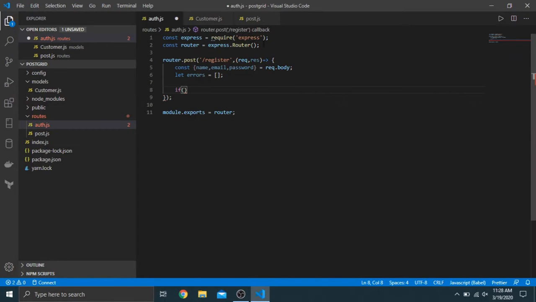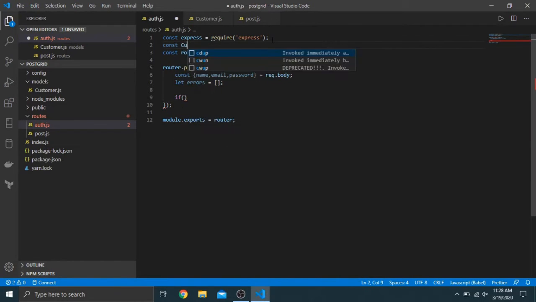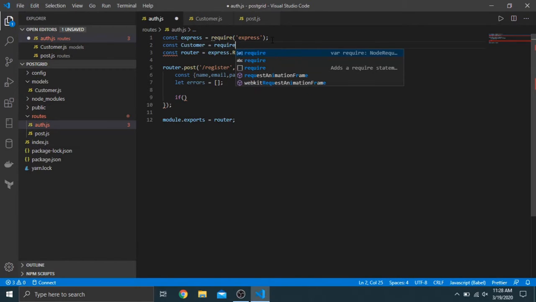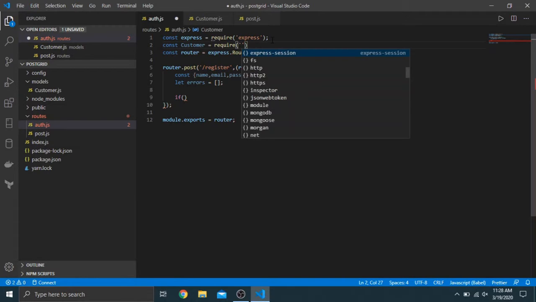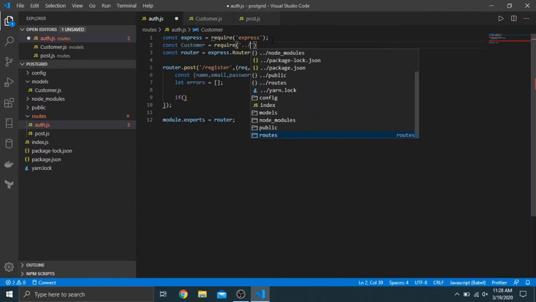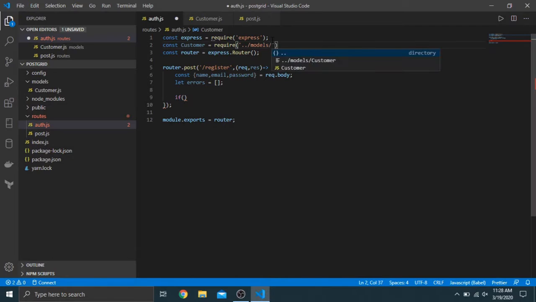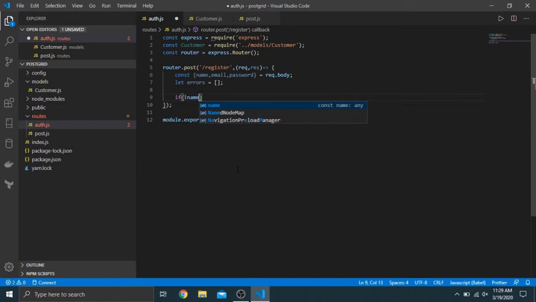But I'm just going to do it in here. Before I do that, let me bring it in. So const customer is equal to require, and because we're in the routes folder, we have to go up one folder into the parent folder. So it'll be dot dot slash, then models, then slash what we named it, which was customer. Now for our validation, we simply want to do: if not name, if not email, if not password,